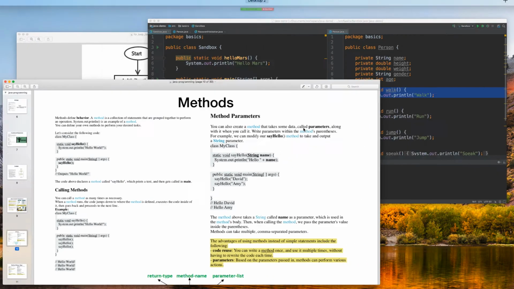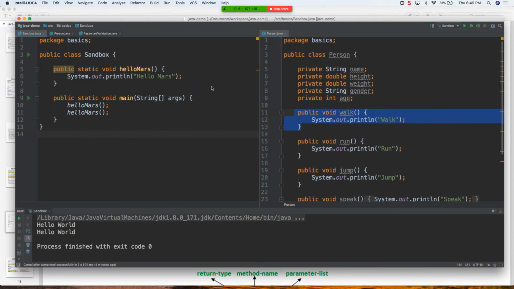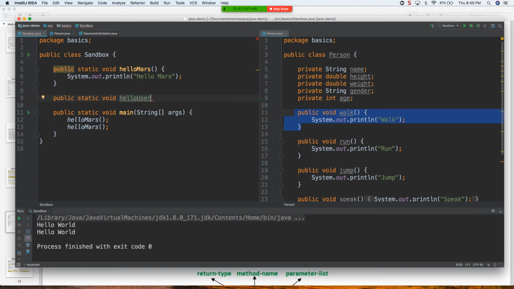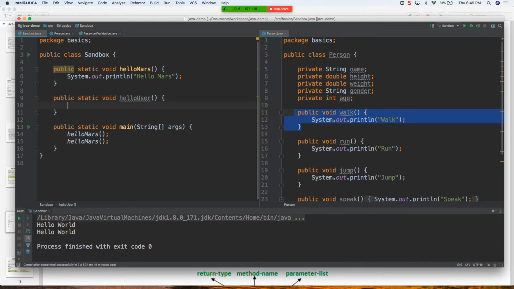So previously, the way we've been doing it, it's not so good. So let's say public static void. What this is saying is, a method can do more than just perform an action. It can also take parameters and arguments, and based on the data you pass in, that's what it's going to do, right? So now, let's say you wanted to say hello to the user, so you can say